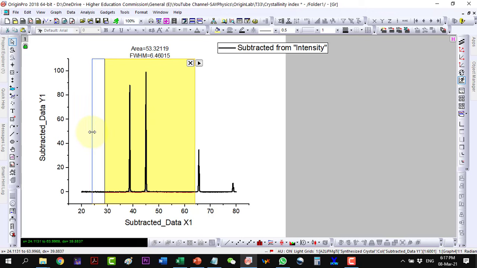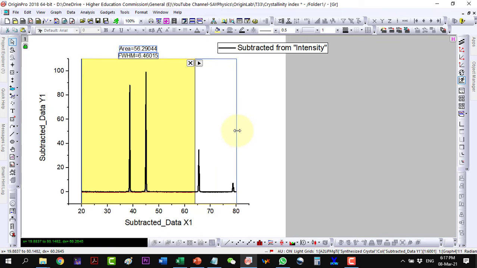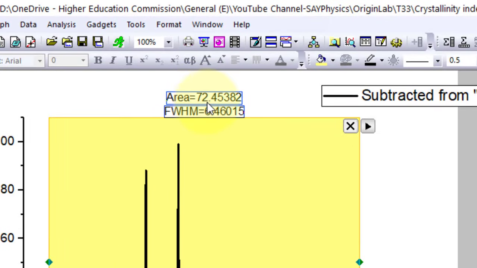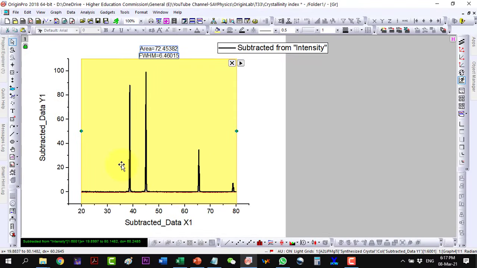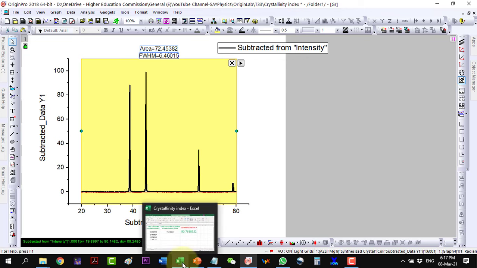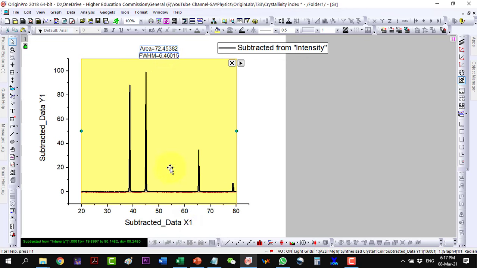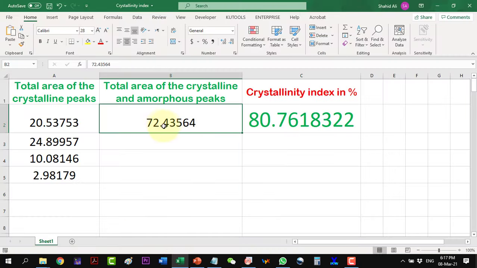And here I will just drag it to the two ends. And here is the total area, which is 72.45. While in the previous case we calculated this 72.44.